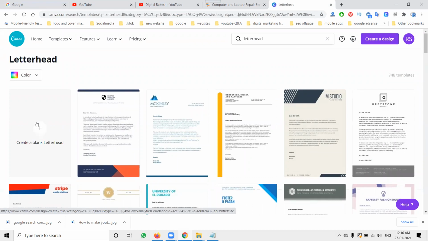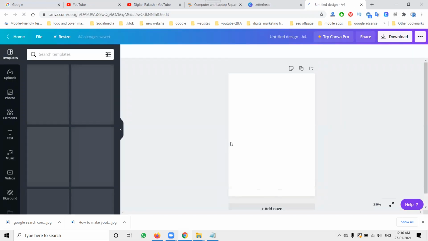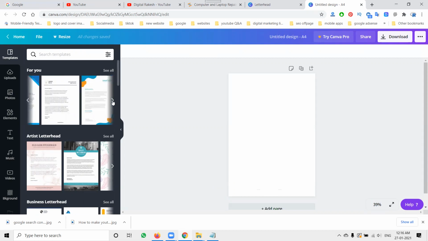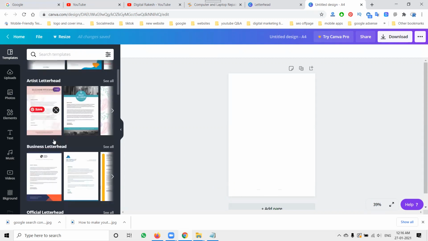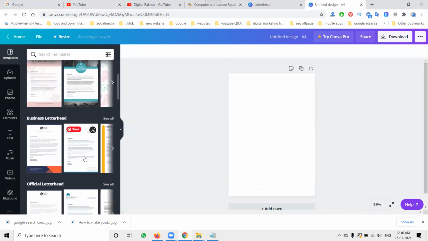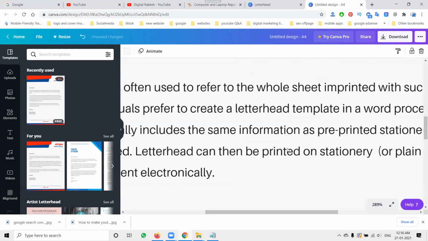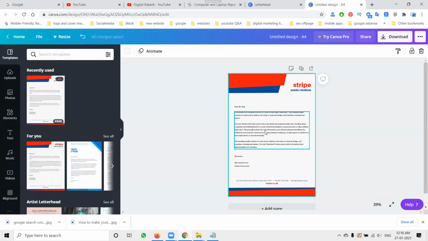First we select a blank letterhead. After that, in your right side corner, we are based on the logo. We have to select this option. These are all the options here. You can see a number of options. If I click this, it is one kind of letterhead.